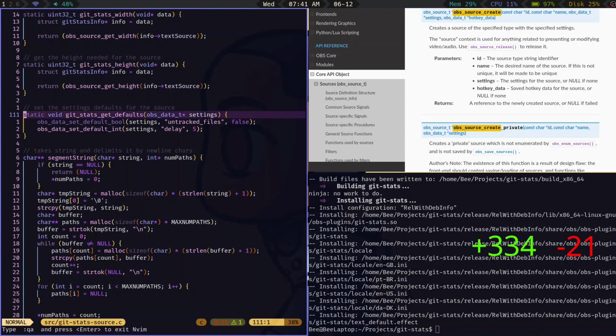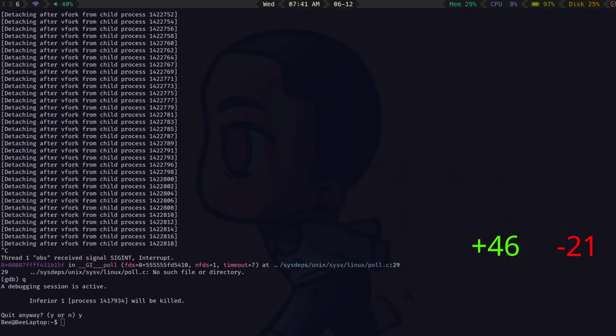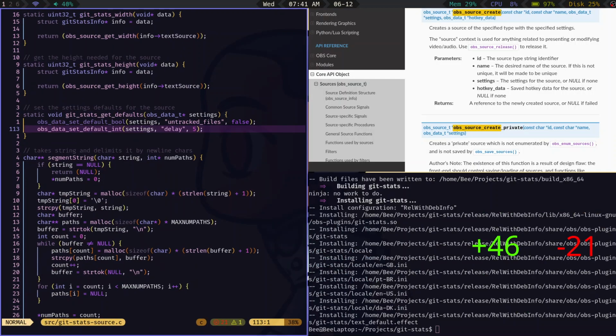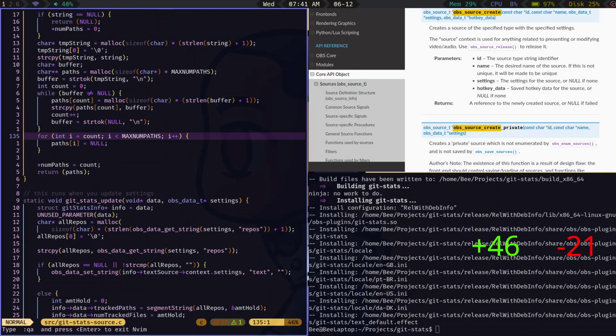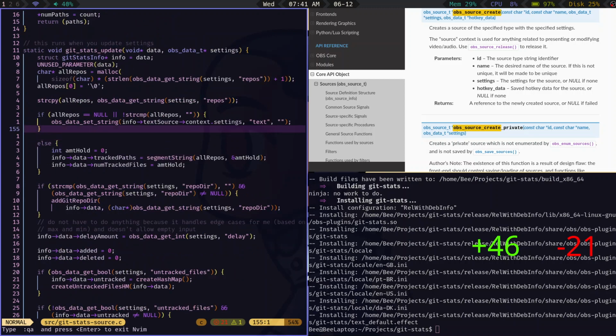I wonder if it would interact with that at all. Settings, unchecked files, false. Oh no, because we're pulling from that anyway. Is there anything I need to? No, I'll figure that later. So we segment the string, doesn't get changed. Update will get changed. So